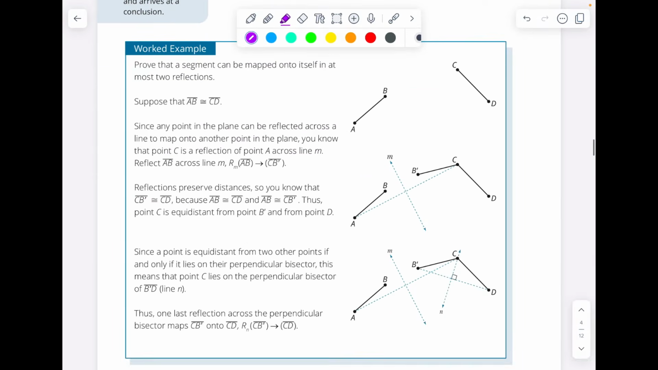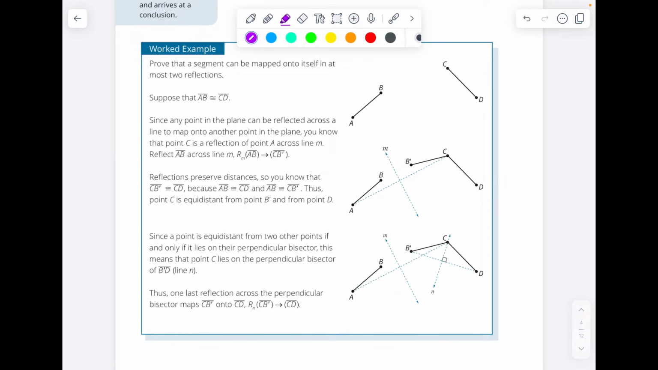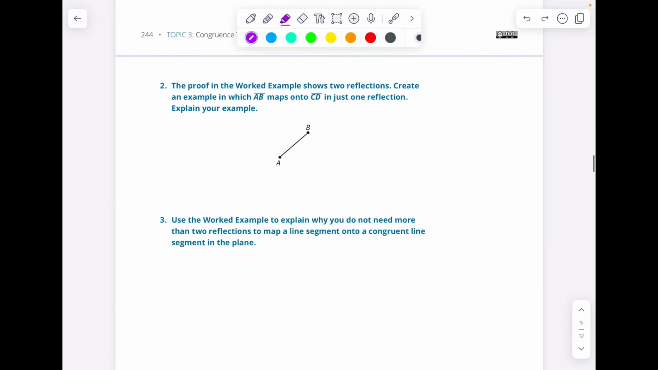All right, and here's just a worked example talking about how you can use 2 reflections to get one line segment to another congruent line segment to map it on there. And so you can see what they did here. Okay, the proof in the worked example shows 2 reflections create an example in which AB maps onto CD